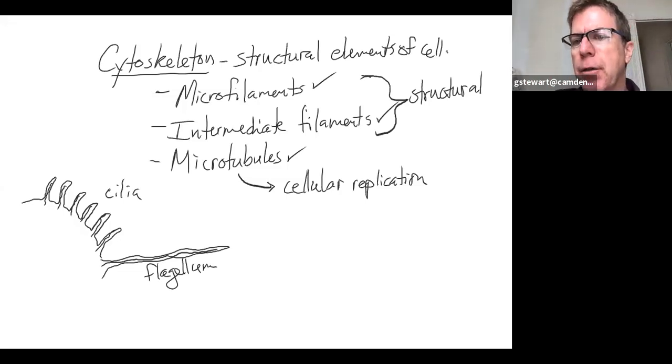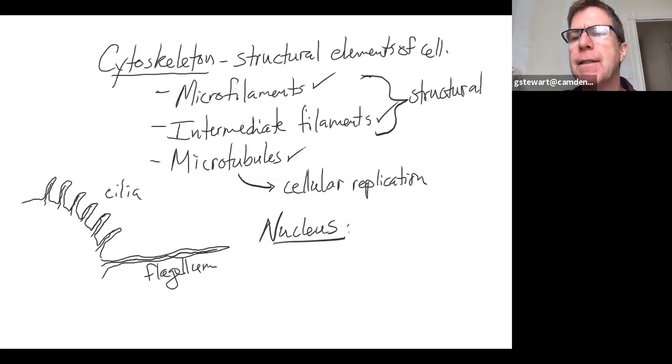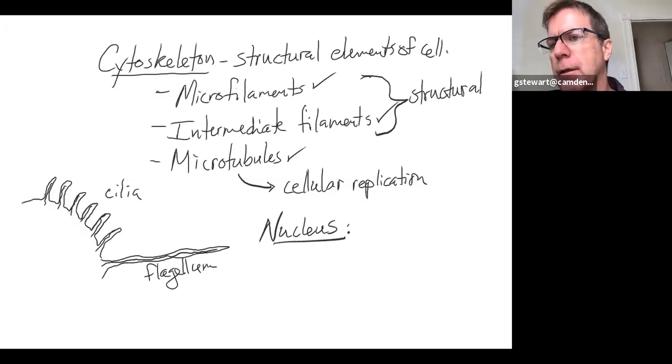Let's go on to the nucleus and call it a day. We got so far today through all these organelles that on Thursday, I'm only going to have to talk about protein synthesis, and I'll take my time and it will be a short lecture. The nucleus